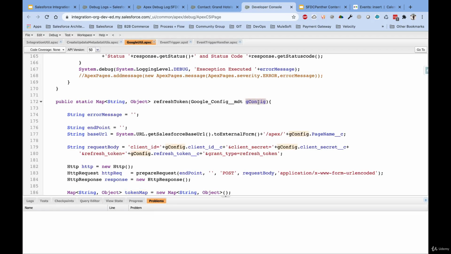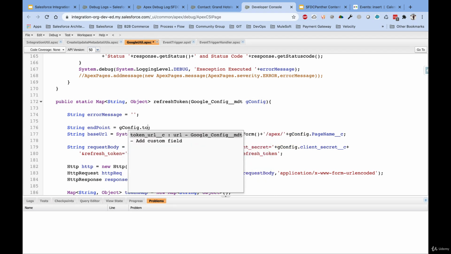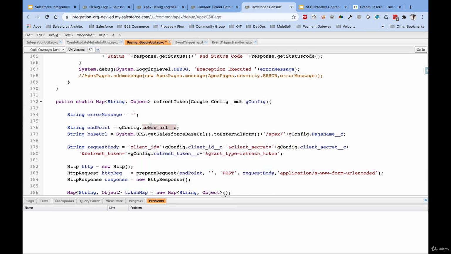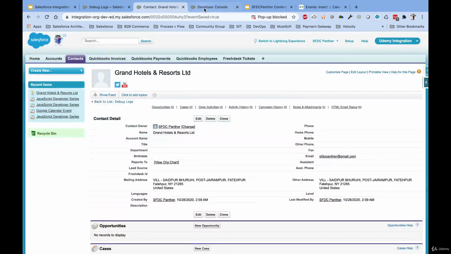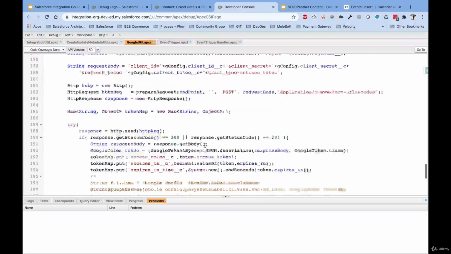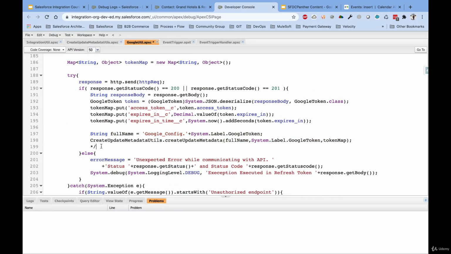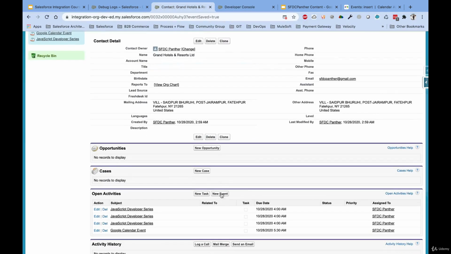If you see here in this endpoint, we have to define the token URL over here. So that was missed from our side, my side. I'm sorry for that. Now we can see that error. Okay, so instead of removing this, I wanted to show you the error, right? I can just comment out this because we're trying to deploy the metadata, and then again we try to create